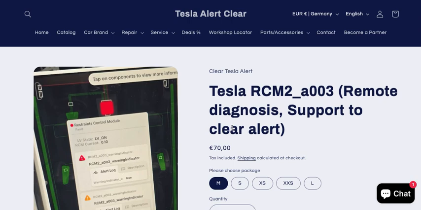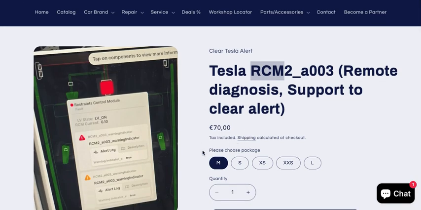So did you get the alert which says RCM A003, or you might have got an alert on a touchscreen that says restraint system, restraint safety system fault. So this is a generic alert, and there could be a couple of reasons for this alert. And to find out the exact cause of this alert,